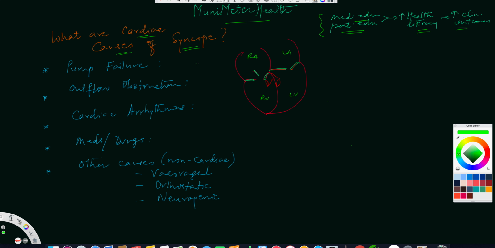Well, what is syncope? Syncope is an abrupt loss of consciousness as a result of global cerebral hypoperfusion, accompanied by a total postural tone loss and followed by full spontaneous recovery. So in other words, you have to have three components. One, of course, you have to have a decreased cerebral perfusion. I'll just write it down for you guys. Two, you have to have a loss of postural tone.